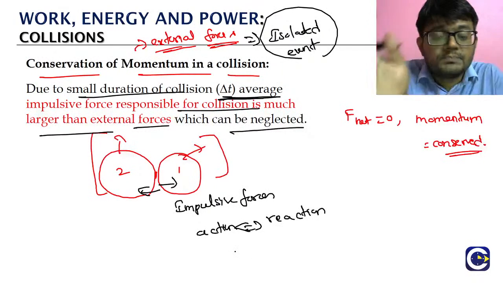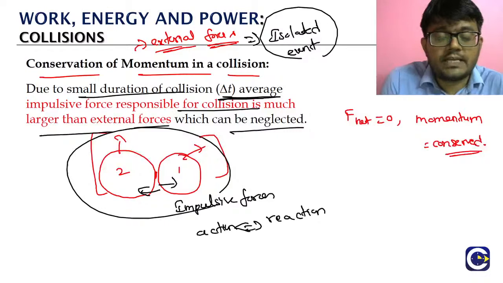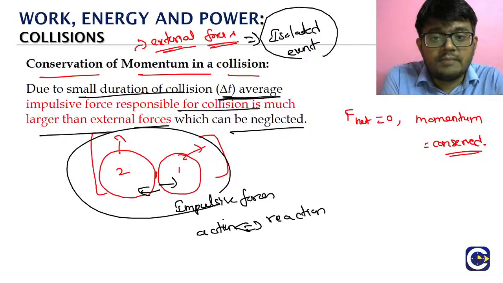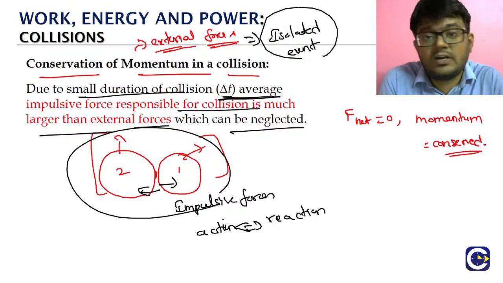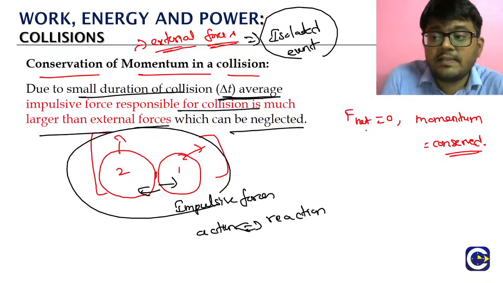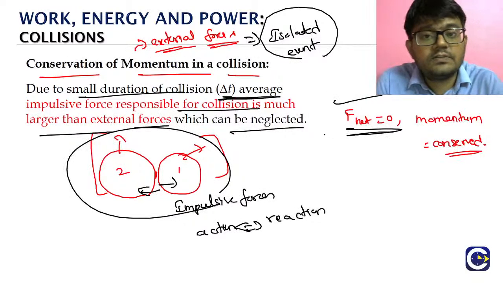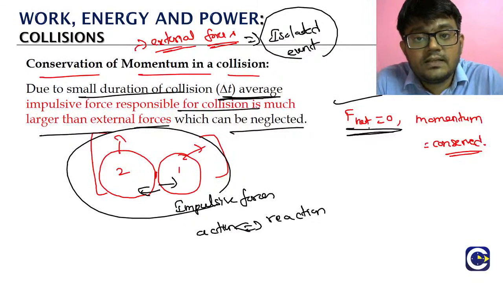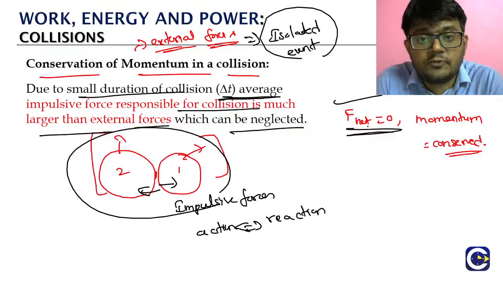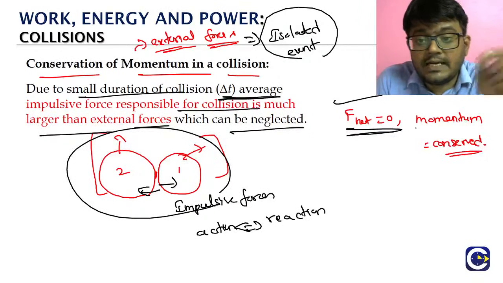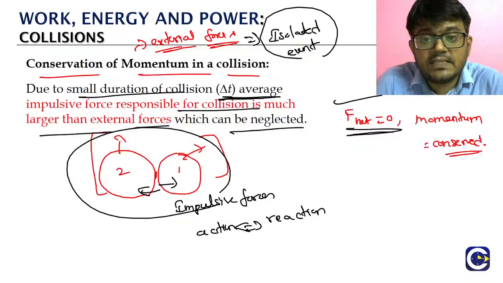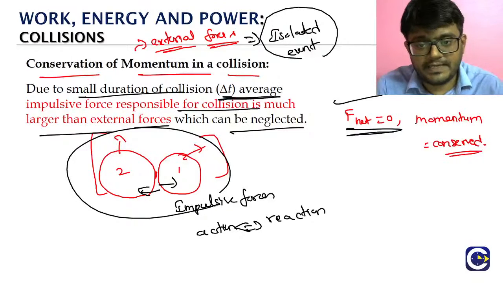We are talking about the two objects together, so the impulsive forces are what we will be considering, and these are internal forces, not external forces. As a result, since we are not considering the existence of any external forces because their magnitudes will be very small, we will see that the net external force can be equated to 0 for the entire system we consider, which means the conservation of momentum principle can be applied.